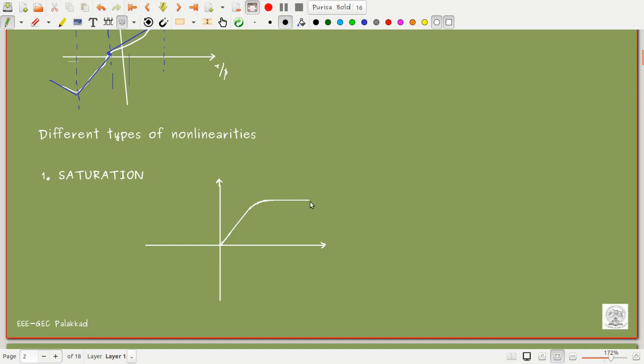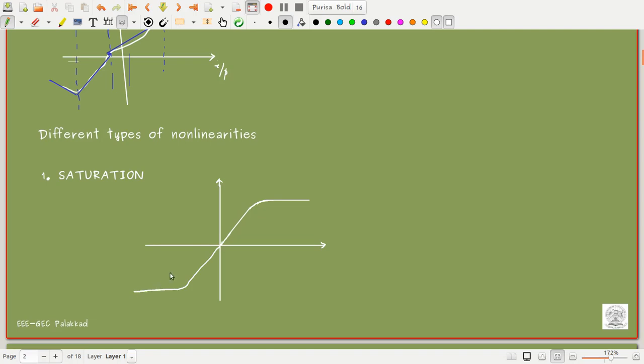Even if we increase the current further, we cannot increase the magnetization of the magnetic material. So that means it has saturated. So this is in fact a kind of nonlinearity that we have introduced to the system. If you try to reduce the current, it decreases in the opposite direction, and we also get